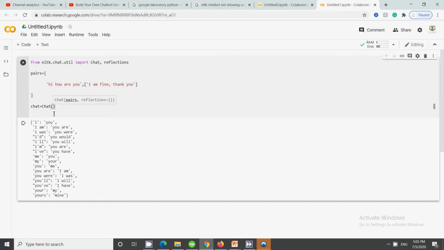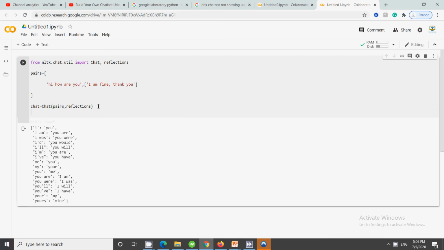You can see that we give it pairs, and then we give the reflections. Reflections are very important because, as you can see at the bottom where we have already shown the reflections, it will automatically convert the text based upon what the chatbot is responding and what the user is asking.